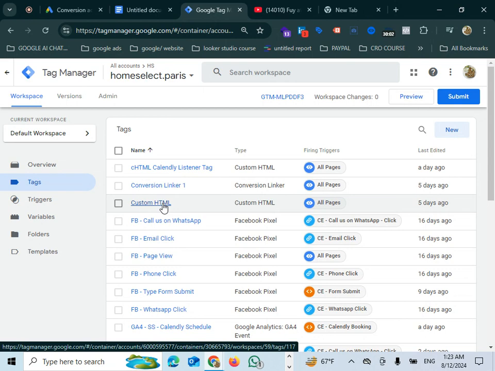Tracking Typeform user provided data is almost impossible. I have successfully done it, so now I can track the user provided data, and that's why I cannot